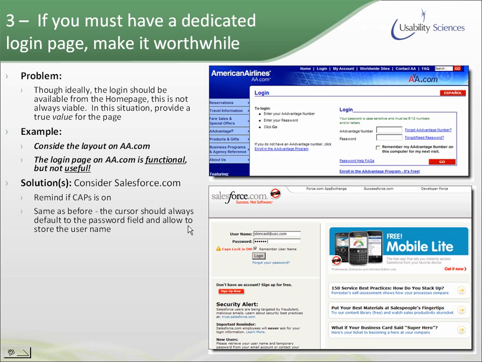Same as we mentioned on the previous slides, the cursor should always default to the password field and allow the user to at least store their username. It should also include a button, not a link, to sign up or register. You notice in the example on AmericanAirlines.com, the link to sign up, or the method to sign up, is a